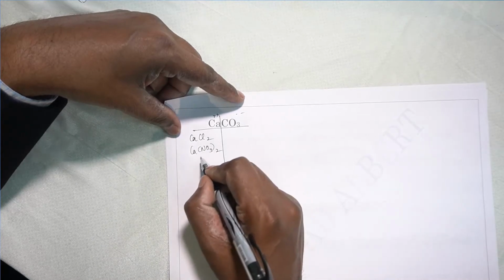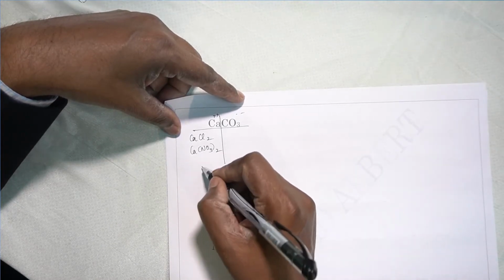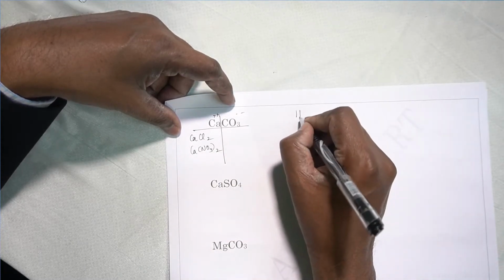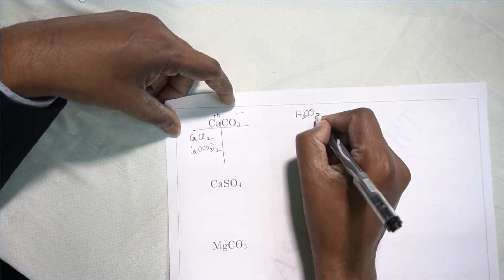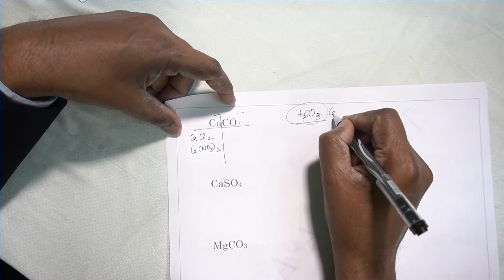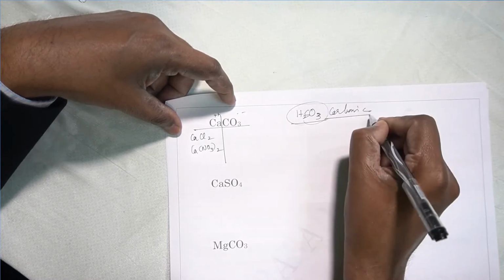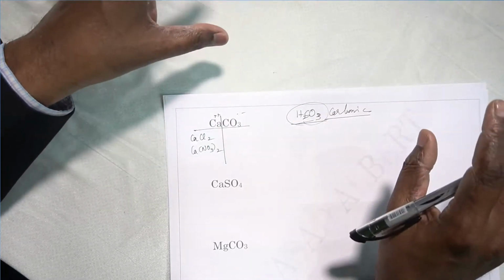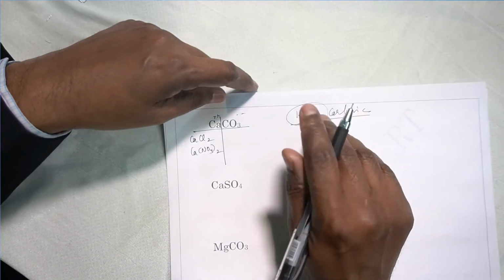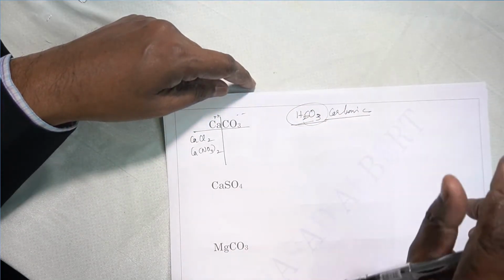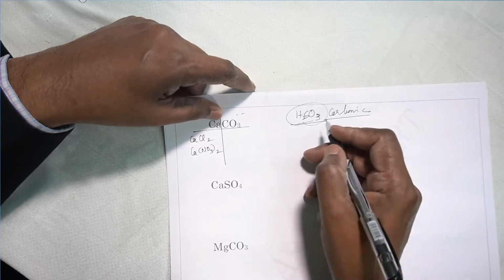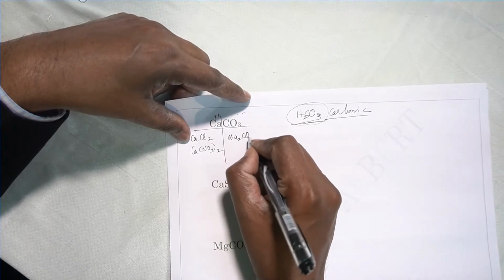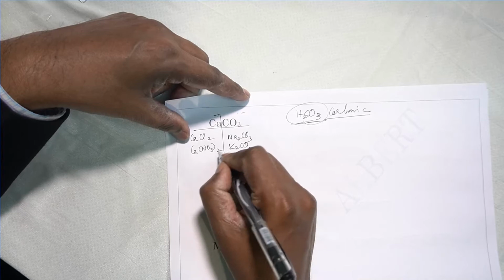Calcium chloride and calcium nitrate are both soluble, so we can take these. We cannot take any other compound. For carbonate ions, we cannot take carbonic acid. Many students write H2CO3. Please don't write H2CO3 anywhere. Carbonic acid is unstable. If you make H2CO3 and keep it on your table, in a few minutes it is gone. Only water remains, the carbon dioxide escaped. You will not find a bottle labeled carbonic acid in the laboratory. What we will use as soluble carbonate is sodium carbonate, Na2CO3, which is soluble, or potassium carbonate, which is soluble. You can use any of those.